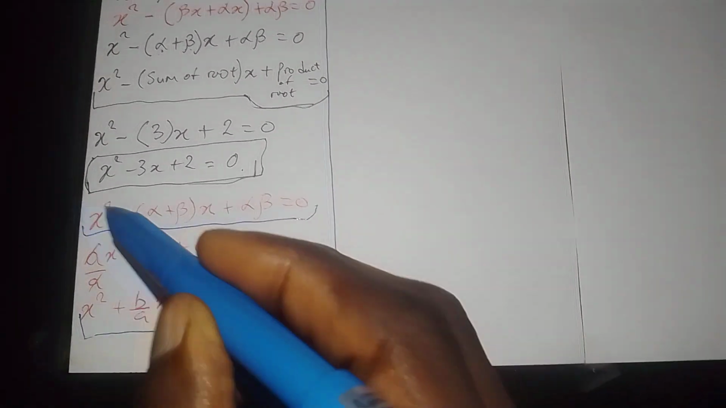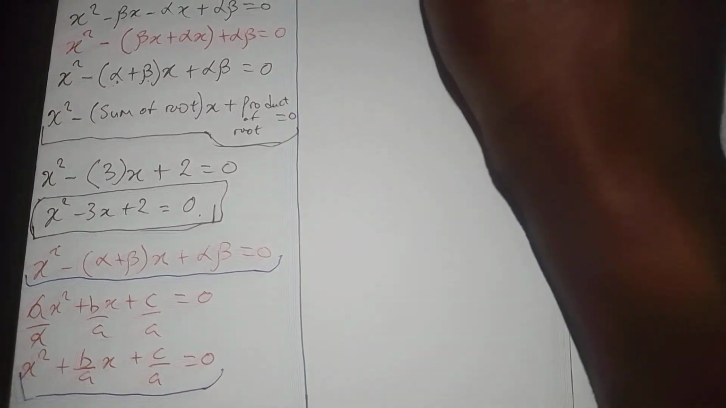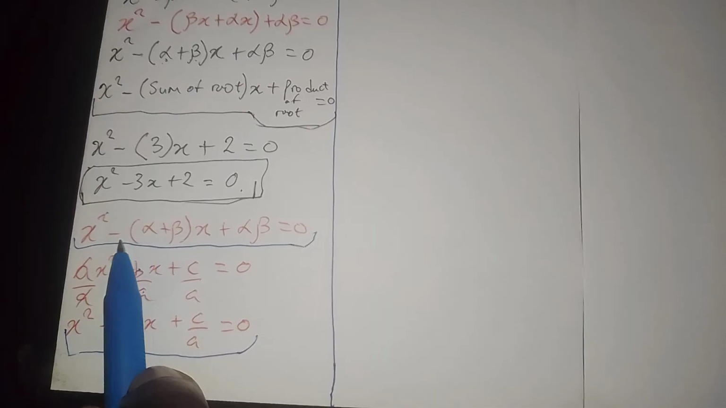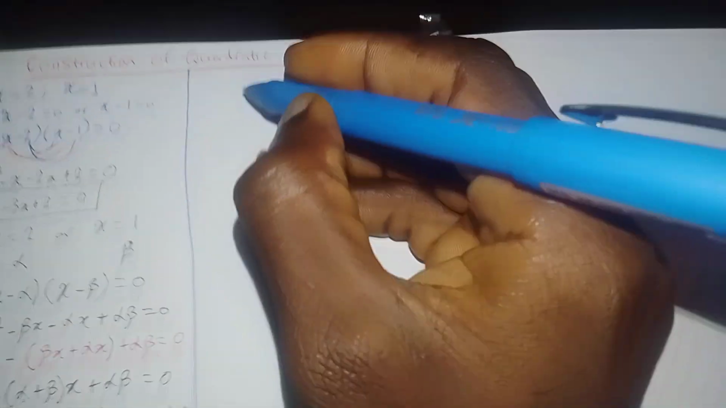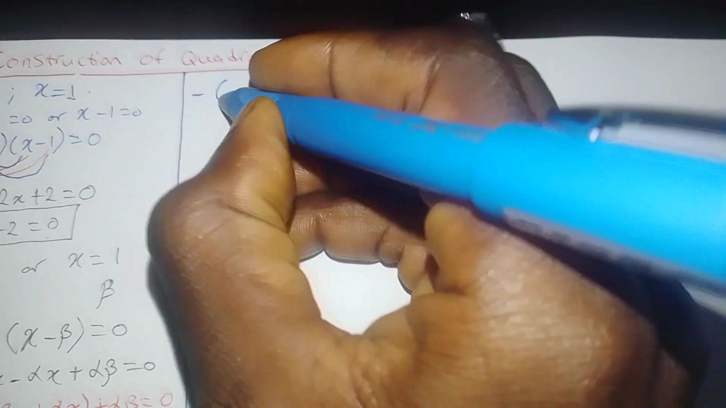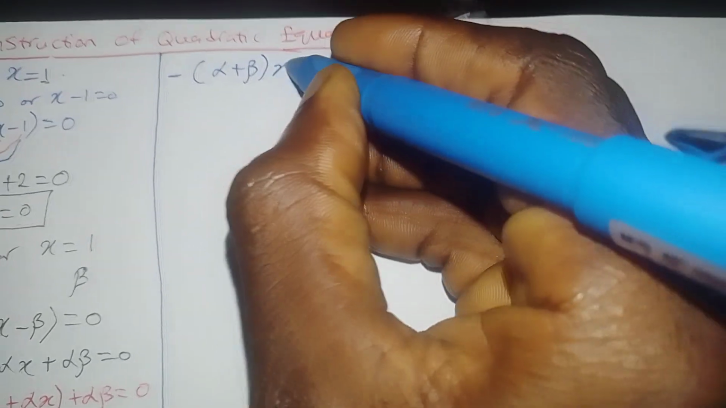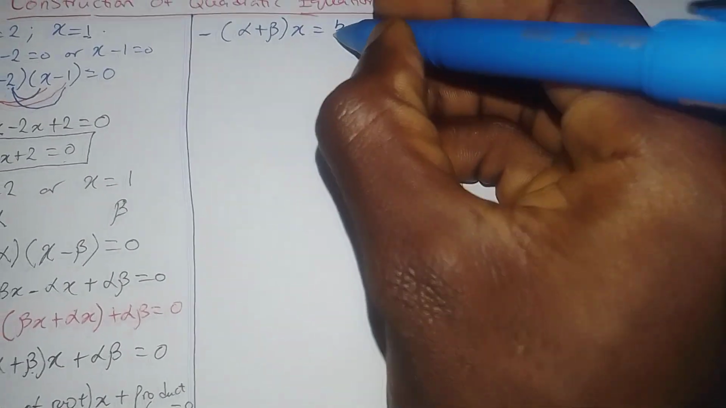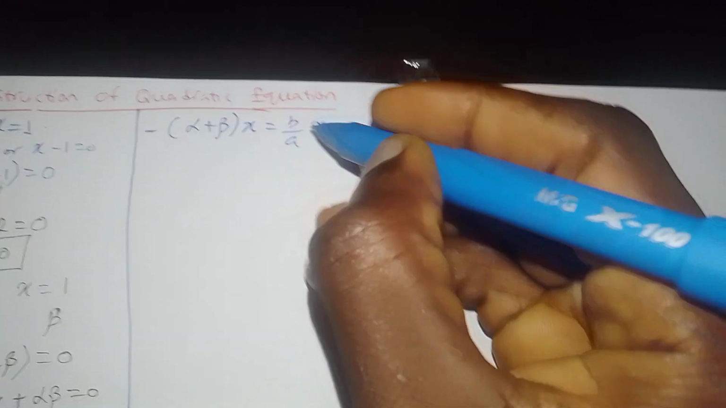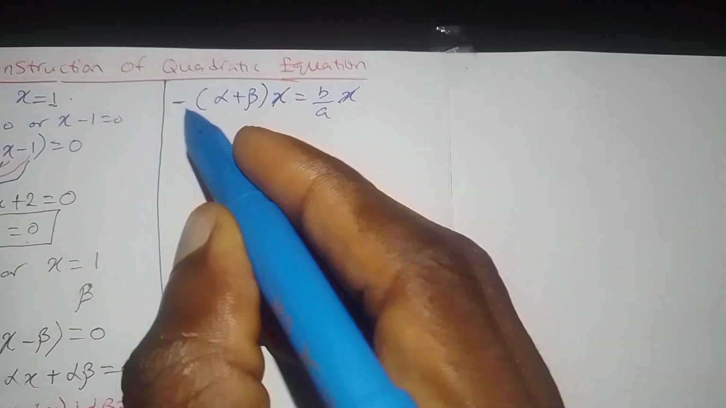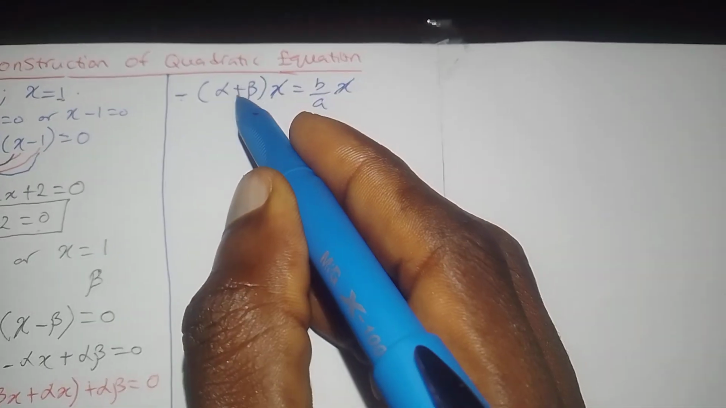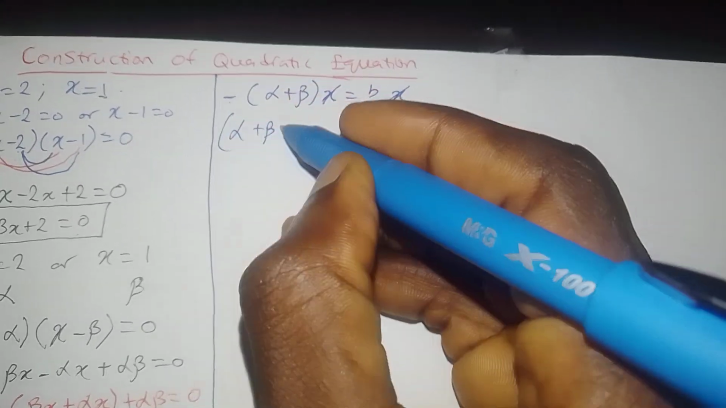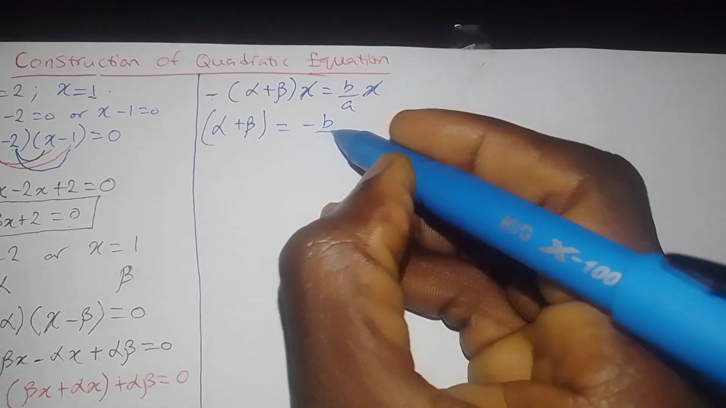By comparison, x square is x square. B over a here is minus alpha plus beta. That means I can say minus (alpha plus beta) x is the same thing as b over a x. The x cancels, so I'm left with minus (alpha plus beta) equals b over a. Dividing both sides by minus, alpha plus beta equals minus b over a,